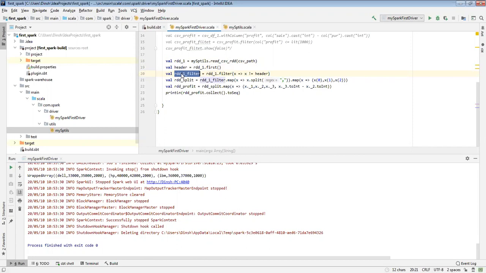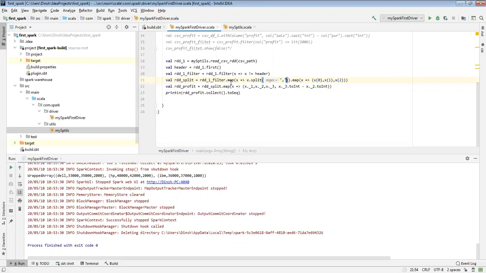Okay, got it. So then here I'm splitting my variable. My data set has multiple rows, and each row has 3 columns: product name, sale and purchase. So each row is split by the comma delimiter only. That is the purpose.